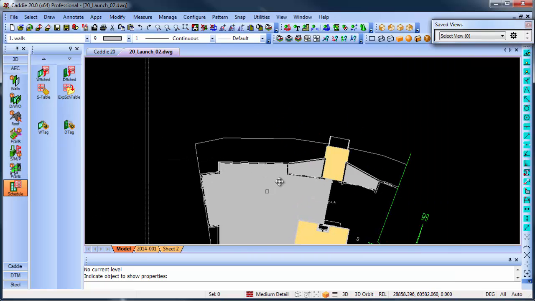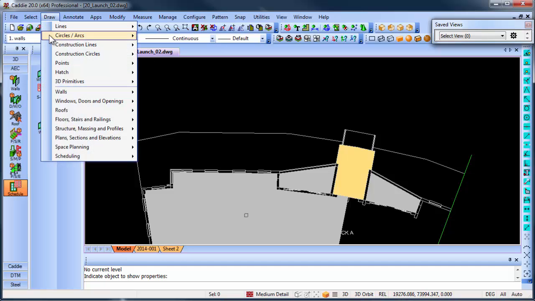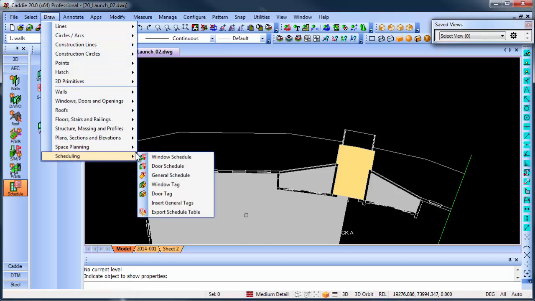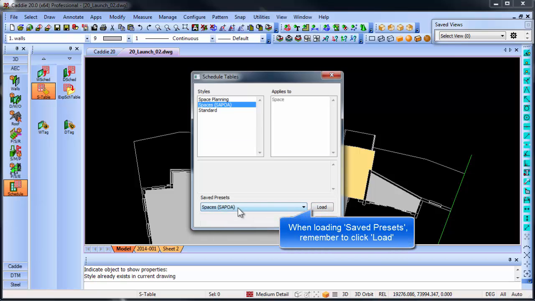Once that is done, I now want to schedule them. So if I go to draw at the top once again, scheduling, there's a general schedule option. Now the general schedule option will give you the space style that you can use. If it's not listed, you can always just load it from the bottom at your saved presets.